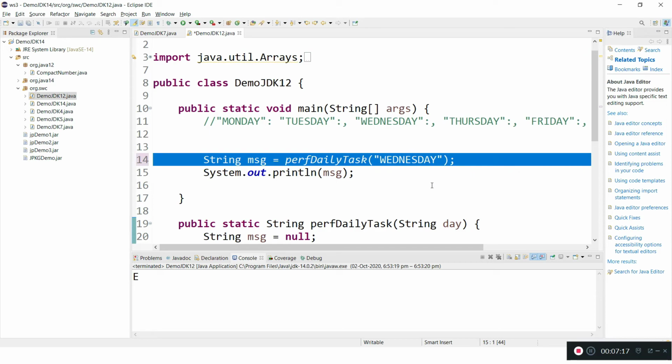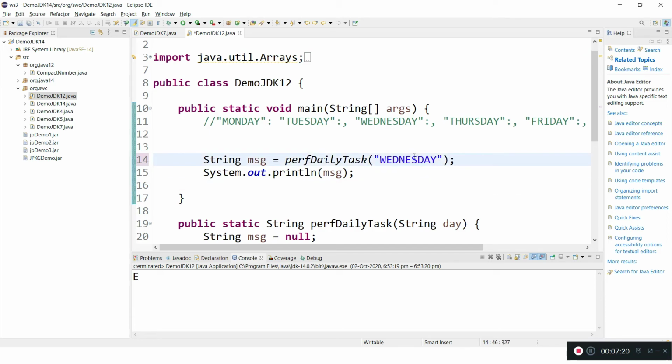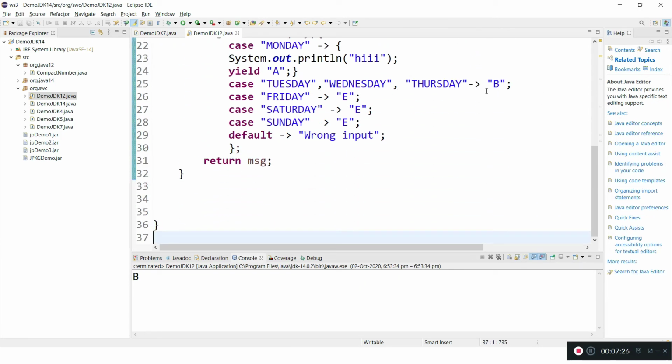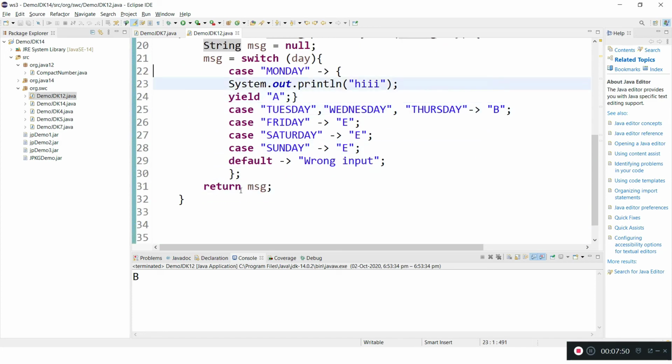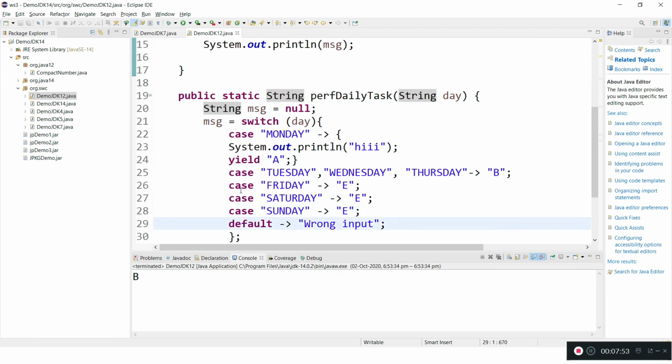So we need not write multiple cases. Simply in one case we can keep multiple labels, and this is how it works. This is very simple and more effective. You can remove the redundant code, and write a switch expression in a more effective way. And as we discussed earlier, it has backward compatibility. If you want to write a switch statement, you can write that as well in Java 12 onwards, or you can go for a switch expression in both cases. One more thing, if you want to throw any exception from any case, that is also possible.